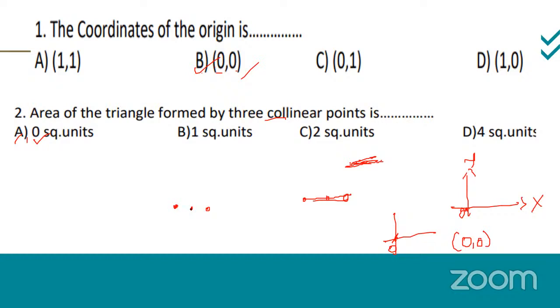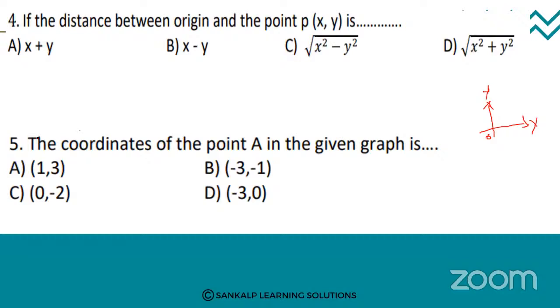Okay, collinear means all the points come on the same line. Then our area becomes 0 square units. If they come on the same line, then our area is 0 square units. Okay, so area of triangle formed by 3 collinear points is 0 square unit. Remember. Okay, next question. If the distance between the origin and the point P(x, y) is, already I told, from the origin,